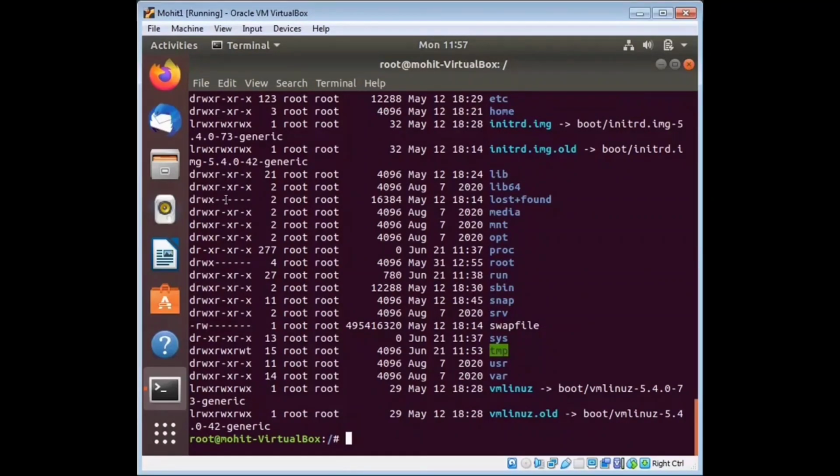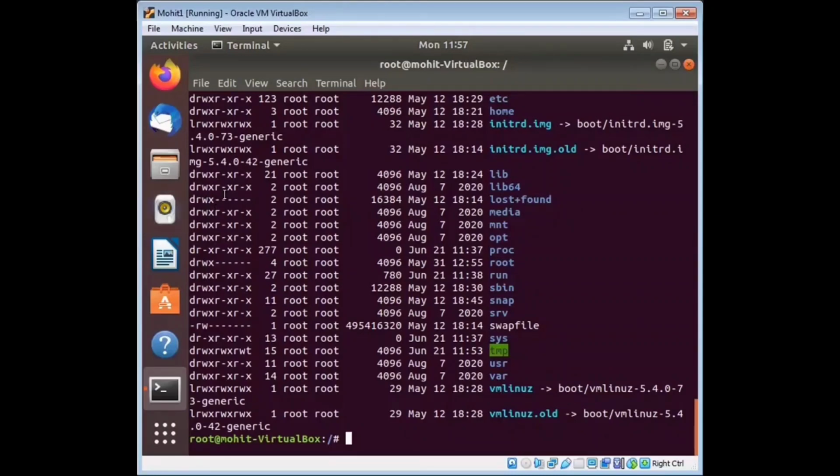The next 9 characters specify the file permissions. Each 3 characters refer to read, write, execute for user, group, and world. In this example, rwxr-xr-x indicates read, write, execute permission for user, read, execute permission for group, and read, execute permission for others.